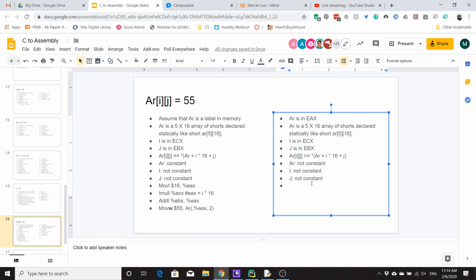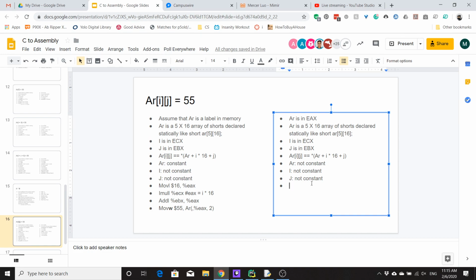Everything we've done before? There's one minor complication. What is that? What's our small minor complication that we have over here on the right-hand side? What's in EAX right now? AR, but we need to do multiplication, so